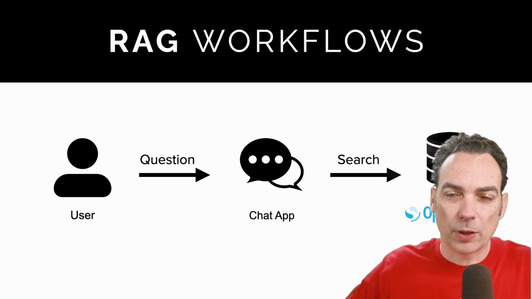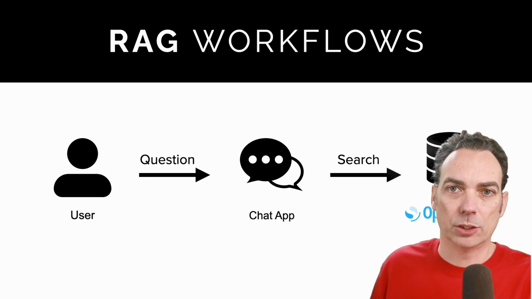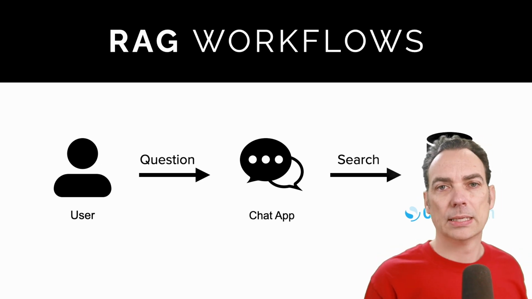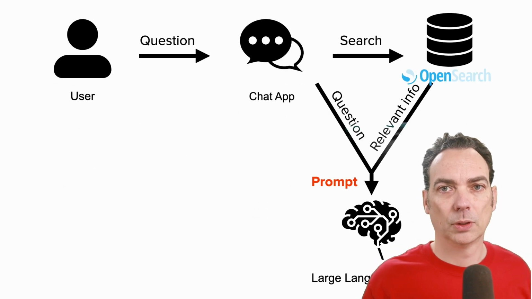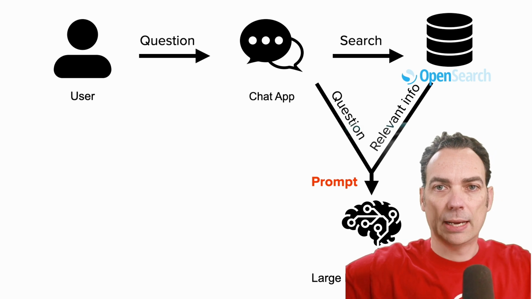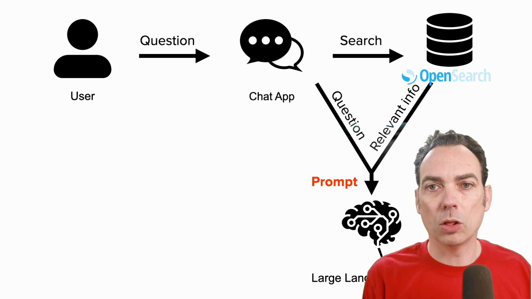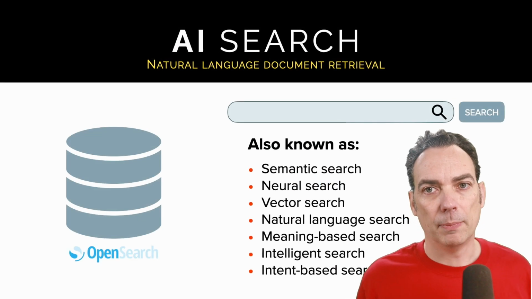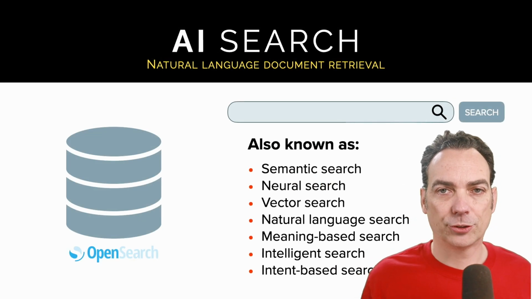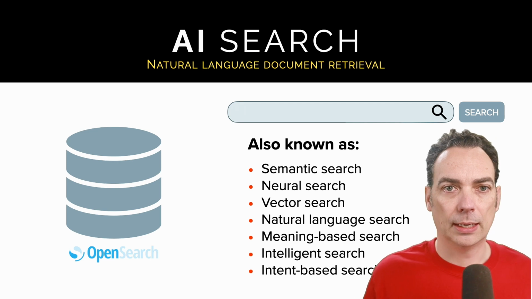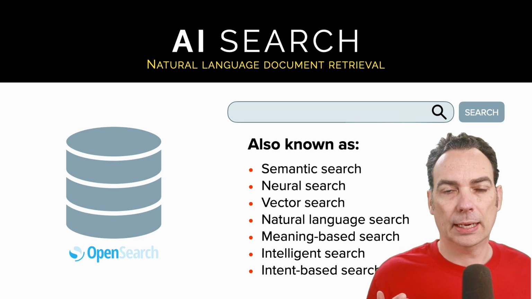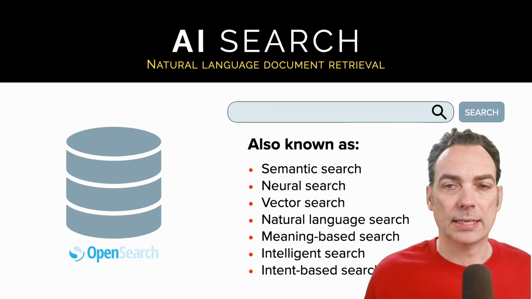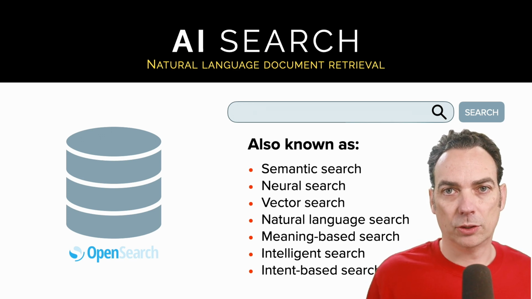The search comes up with all the relevant information to your query, which could be over your own personal notes or calendar or whatever the thing is that you might be asking about. And then it puts the relevant information and the question together into a prompt, and all of that is what goes to the large language model. To make all this work, you have to have natural language search. That is to say, if someone's asking natural questions in regular English or whatever language to the chat app, then something needs to be able to understand that well enough to do searches on it.